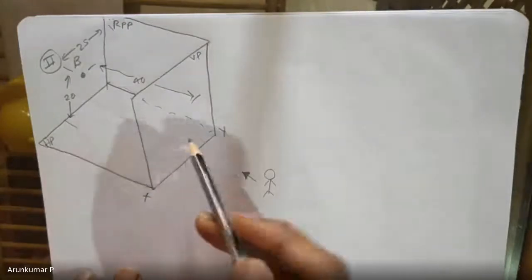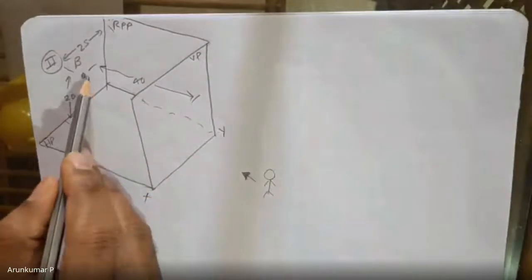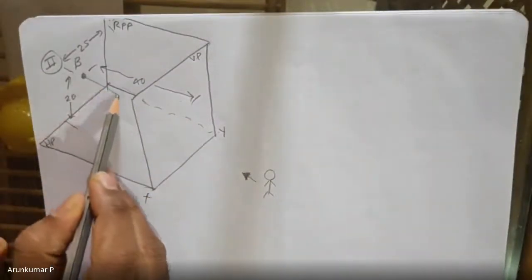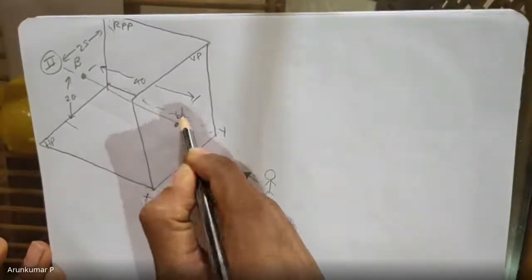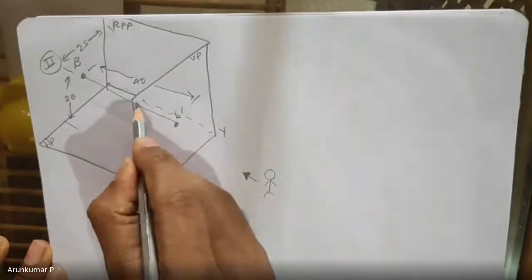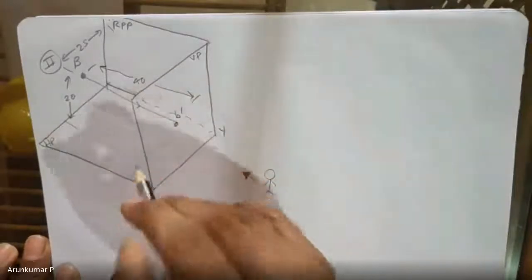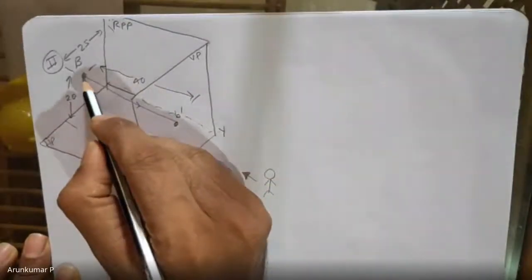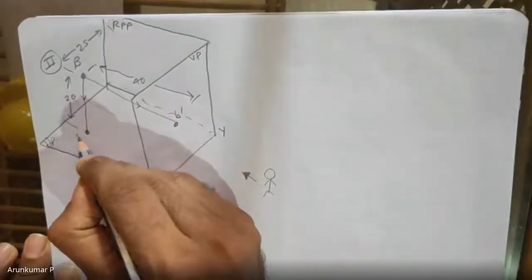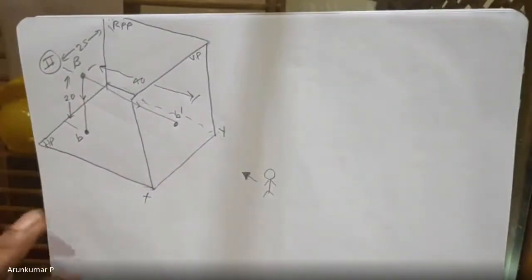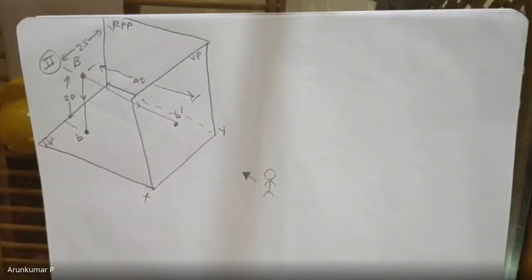Now, if you make the vertical plane transparent, then you can get the front view of this point on the vertical plane. So you'll get B dash on VP. No problem. You retain HP as opaque, and when you look from the top, you'll get the top view. As usual, you'll get B, that is the top view, on the horizontal plane when you look from the top. Now comes the side plane.